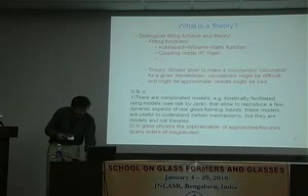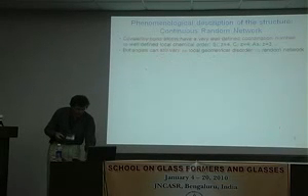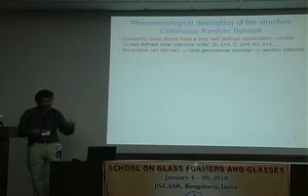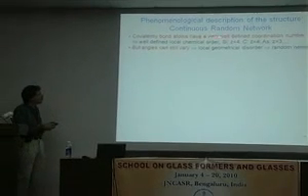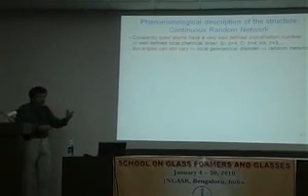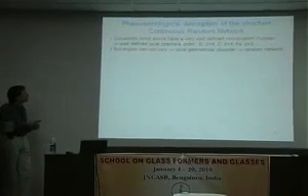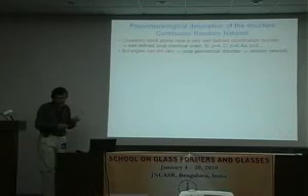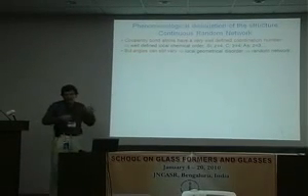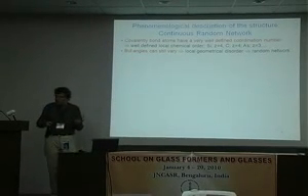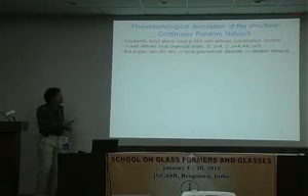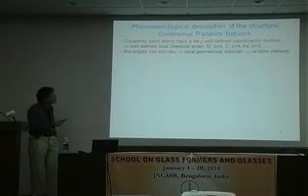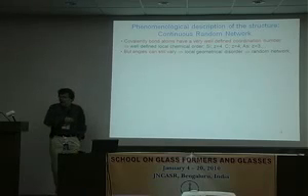So I'm not able or willing to talk about all the theories. It's impossible. But I want to take certain things that I consider as useful. And one theory or approach is to give a phenomenological description of the structure. So that's what I want to start with. And this concept is what is called the continuous random network. This is a very old concept,